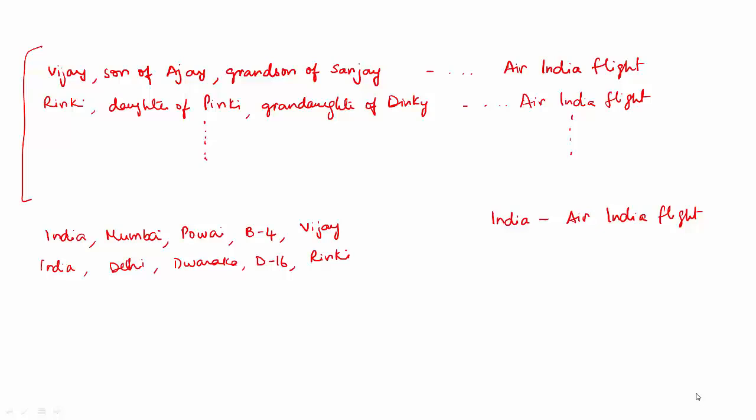So the way things are done in reality is roughly like this. Addresses are in this particular fashion, so I've represented it in this way. The postman just looks at this portion of the address and decides, okay, this mail has to go to India. India means Air India flight. So the entry he is maintaining is just this: India, you just have to take the Air India flight. However many people there are as part of India, all of them will have the first portion corresponding to India.